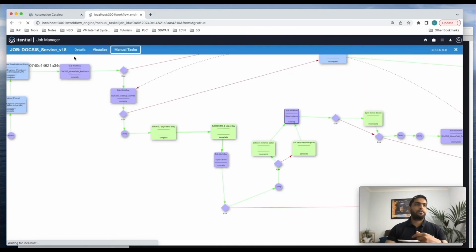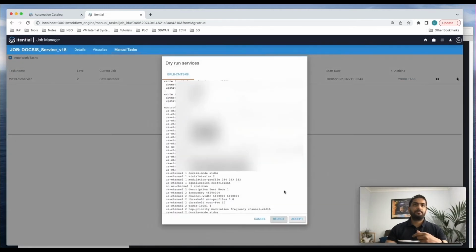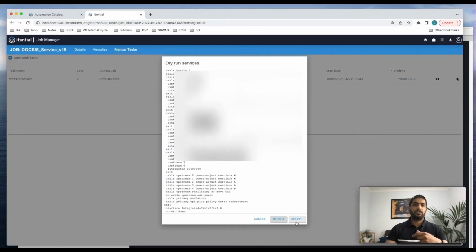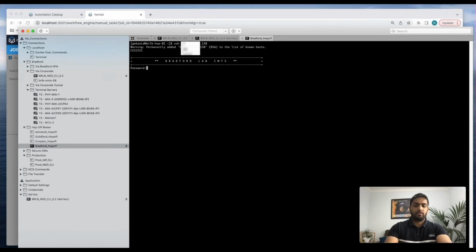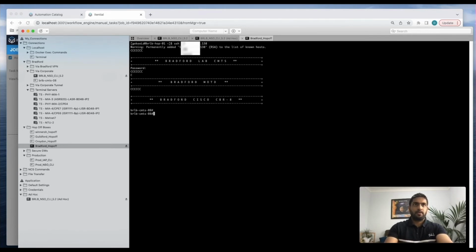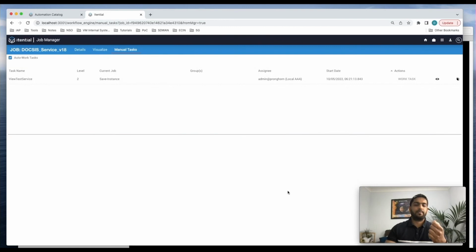So if I go back to the manual task here and I accept the configuration, that will start applying the configuration onto the device, right? So if I go quickly to the CLI and move to the device, and I SSH into it, show running config interface cable 201 is what we are configuring. You can see right now the interface itself is empty. So if I hit accept here,